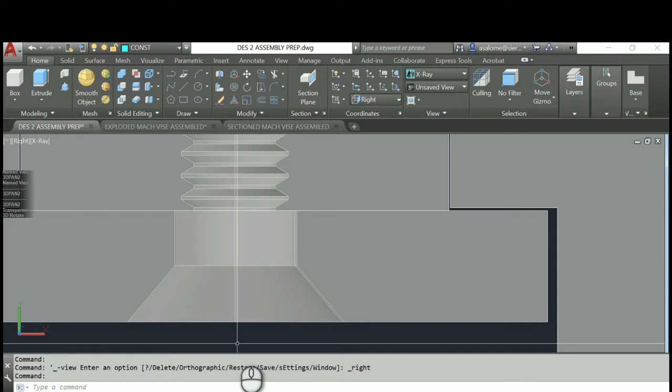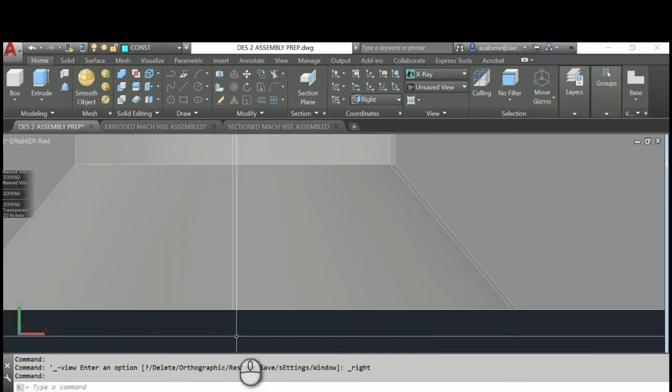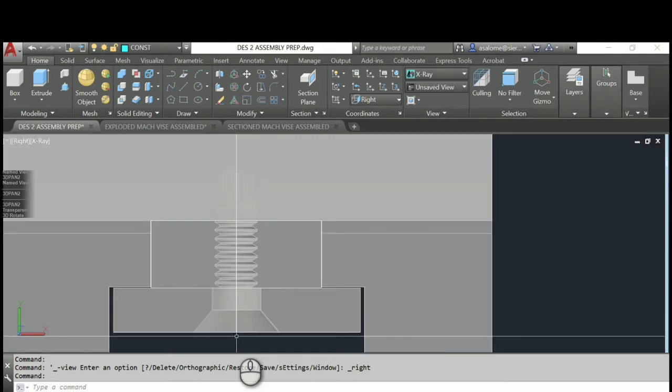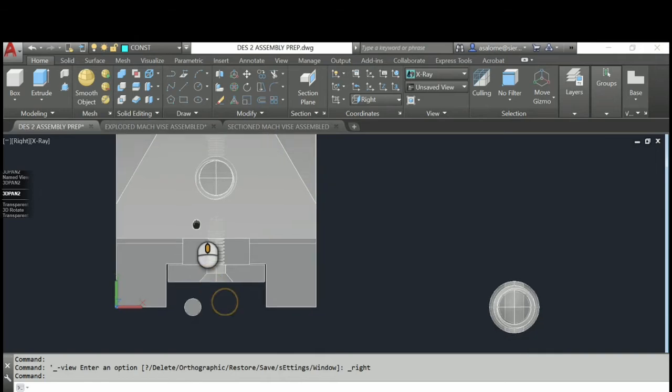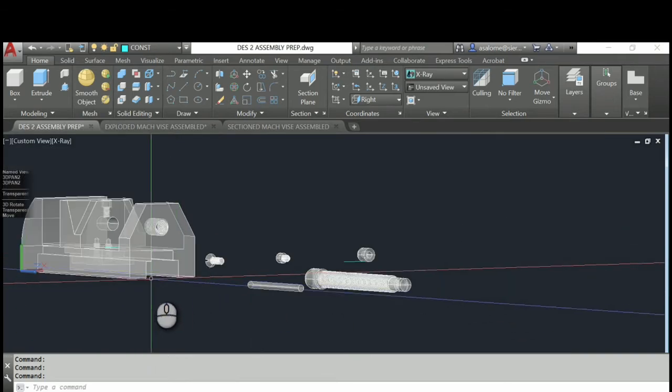And those look good. Okay. It looks like my two counterbores are slightly different. Interesting. Don't look like mine.